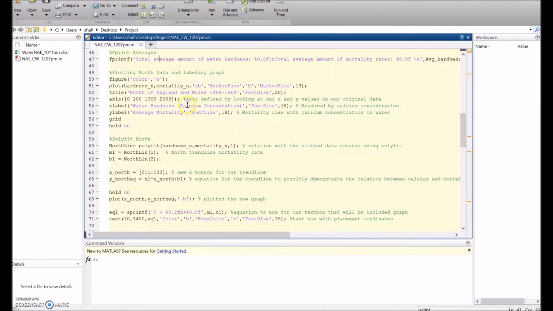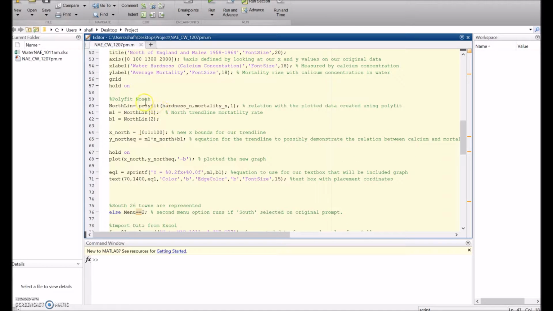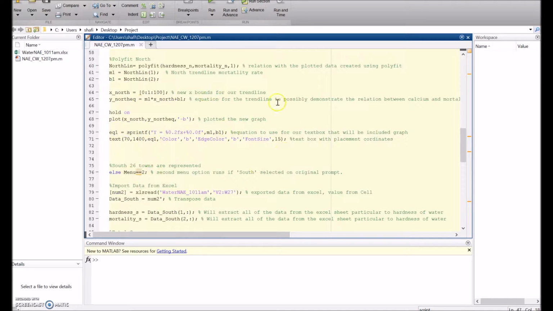And of course, we had to plot the data in our graphs. So we create a figure, plot, title, axis, x labels, y labels, grid, hold on. And of course, we have to next use polyfit in order to give an average for both data points. And to finalize the north, we had to create an sprintf to create a y equals mx plus b trend